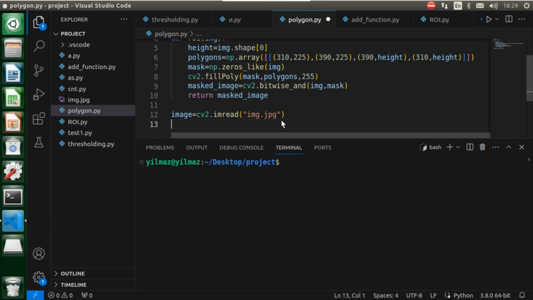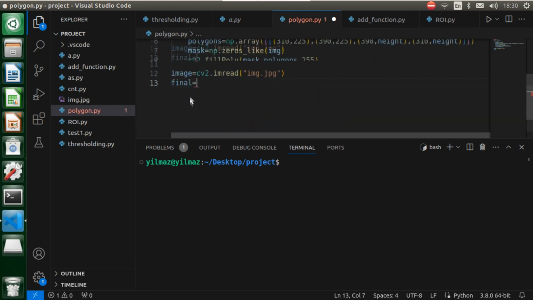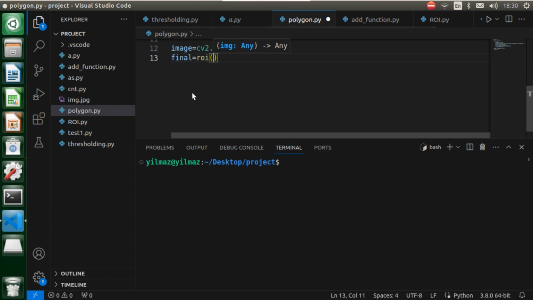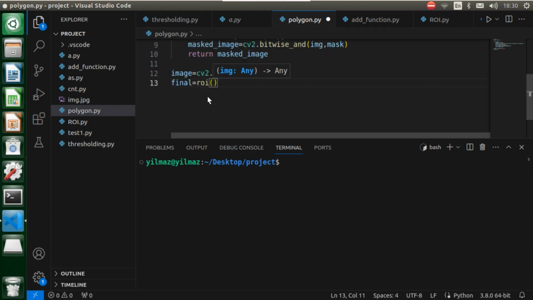So what should we do here? Of course, let's create a new matrix variable again, and let the name be, for example, final, and put an equal sign again, and let's call our ROI function. As you know, our ROI function takes one parameter. That's why I will enter our source image as the parameter. So I will enter here image, and we are done. And also let's display our original image and final image now. For this, let's call our imshow function.